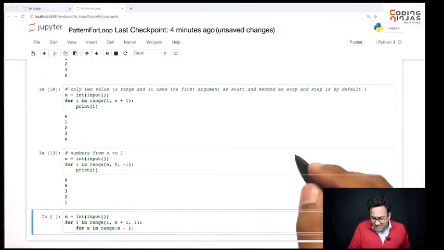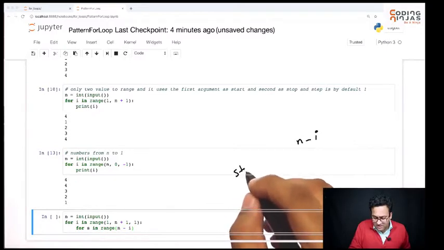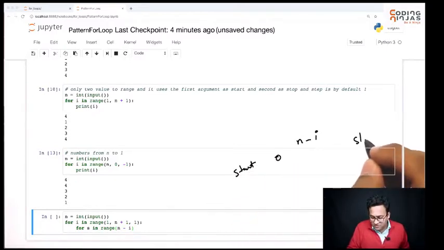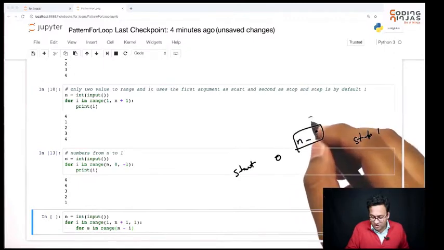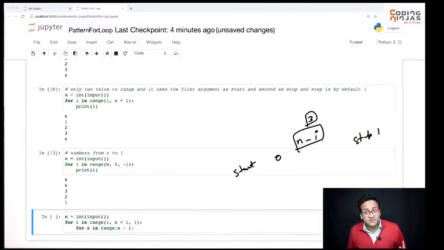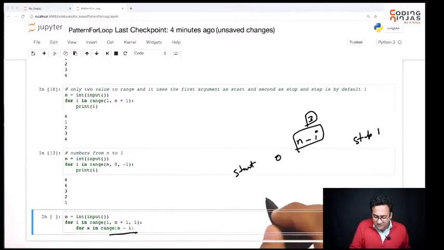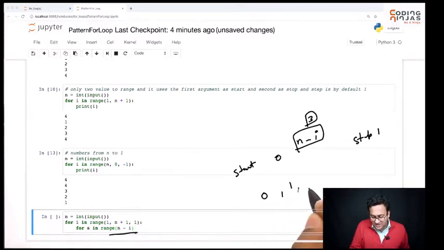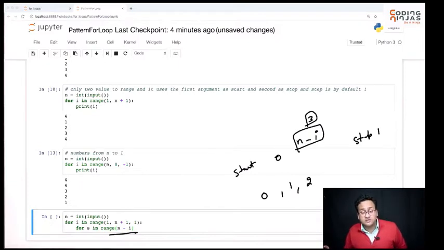Because if you say range of n minus i, basically you're saying your start is 0 and step is 1. So let's say n minus i was 3. That means I want to print 3 spaces. So this will start from 0, then go to 1, then to 2, and it will not go to 3 because it stops 1 before that. So it's going to repeat the loop n minus i times. If n minus i is 3, it repeats the loop 3 times because it stops 1 earlier, but it starts from 0 as well. It does not start from 1 by default, right?